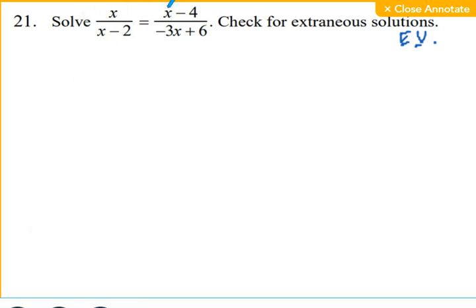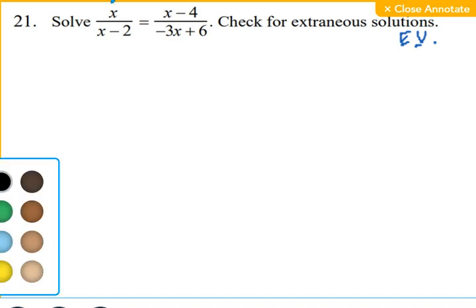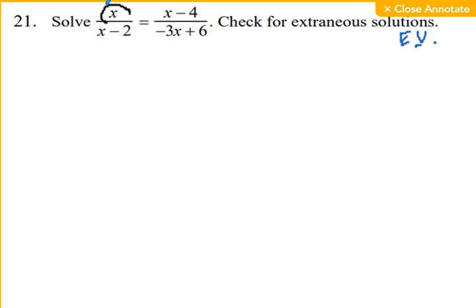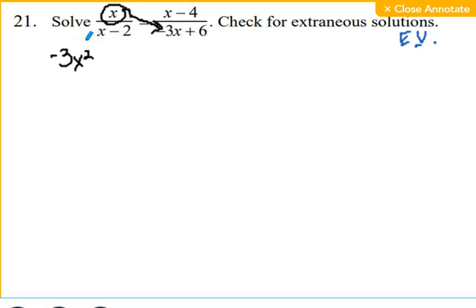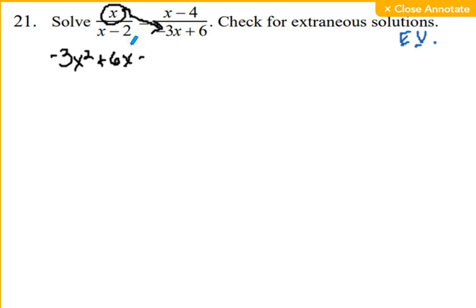We have a fraction equal to another fraction. See if you remember what to do. Tell your neighbor what to do if they remember. Good job. Good conversations. Cross multiply. So let's start with x times this binomial. We end up with x times negative 3x, that's negative 3x to the second, and x times 6, that's positive 6x, equals